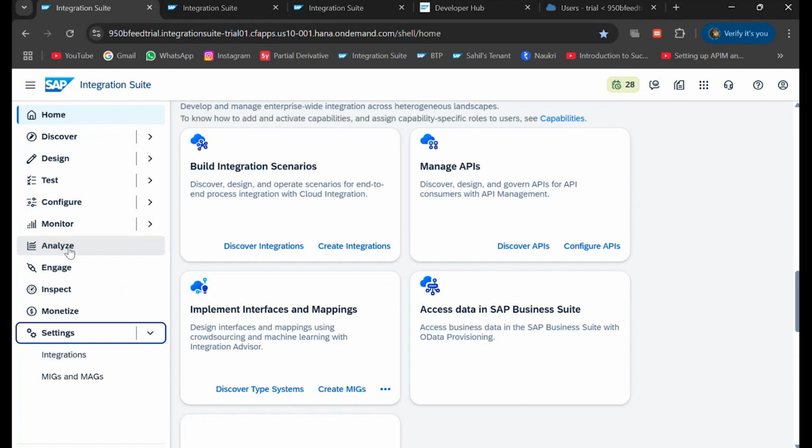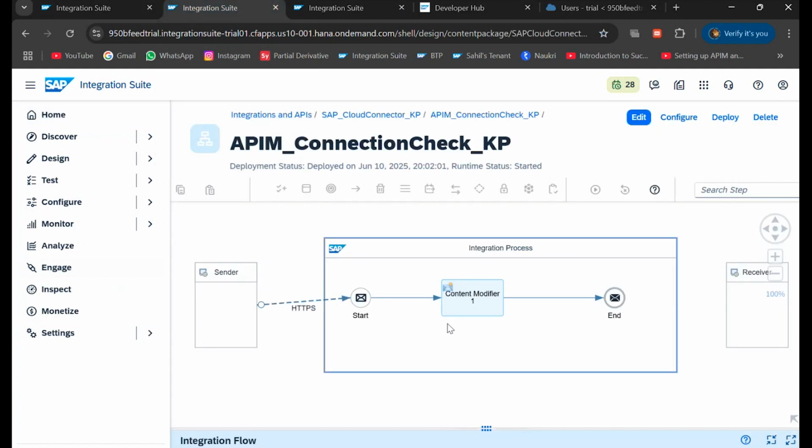We have three steps in API management. One is our API proxy. Then we have our API product and API policies. These are the three steps we follow through which we create an API and then manage it over the Integration Suite. So the first step is our API proxy. That API proxy is, in our case, nothing but our integration flow, where we are creating